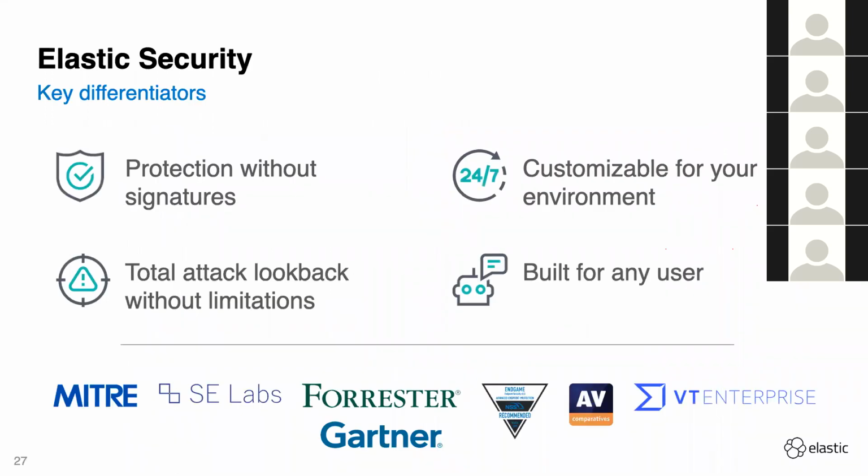The key differentiator: the protection is not based on signatures. It's not like the traditional antivirus, which has a database of signatures, and when you have malware, it checks the signature or the hash to see if it exists. Then you can generate an alert. For Elastic Endpoint, it's not based on signatures,